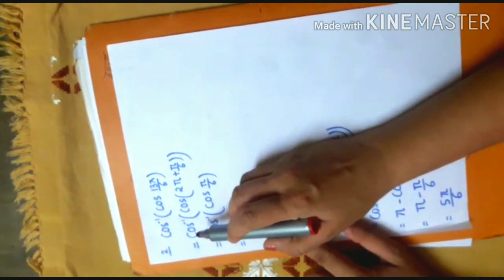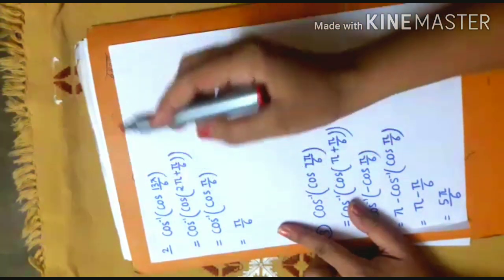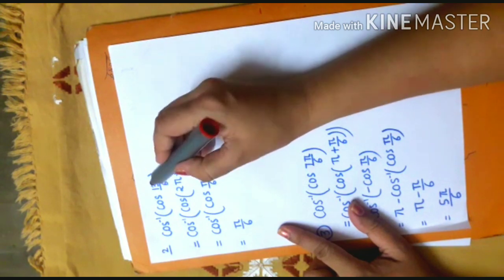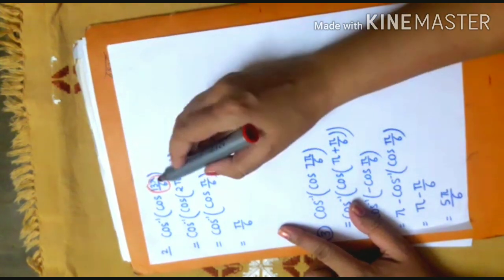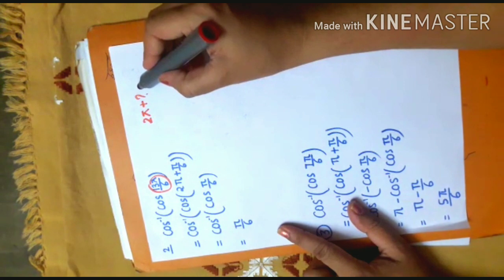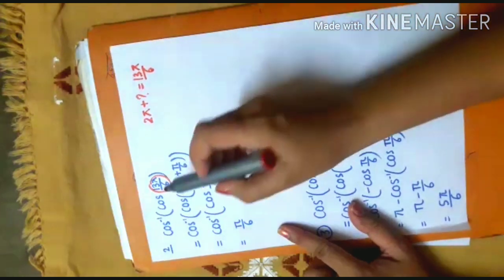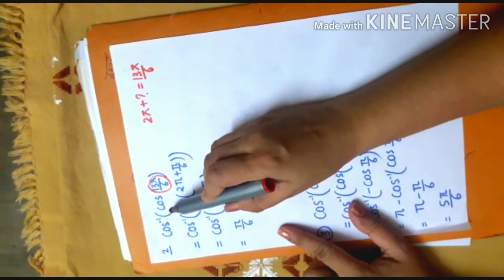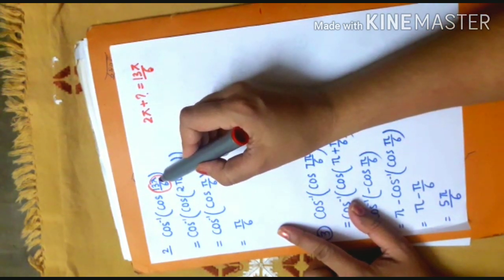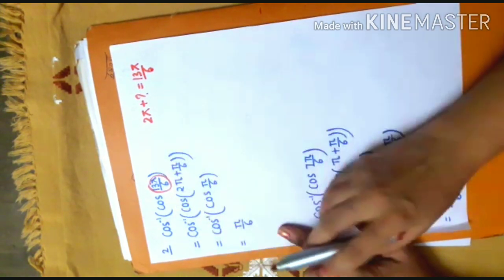Now let's take another question. Evaluate cos inverse cos 13 pi by 6. Now look here. Here 13 by 6 will be 2 point something. So this angle will be greater than 2 pi. That means 2 pi plus something will be equal to 13 pi by 6. And yes, the principal value branch of cos inverse is the closed interval 0 to pi. So this x does not belong to the interval 0 to pi. Therefore, cos inverse cos 13 pi by 6 cannot be equal to 13 pi by 6.